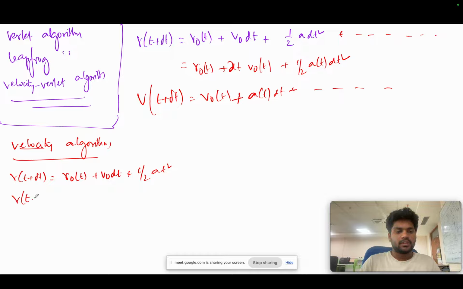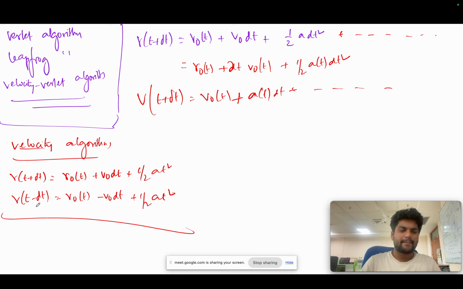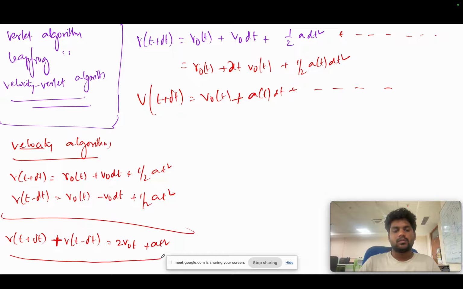Then for better understanding, he has taken r naught of t minus v naught dt plus, so he added both, equals to